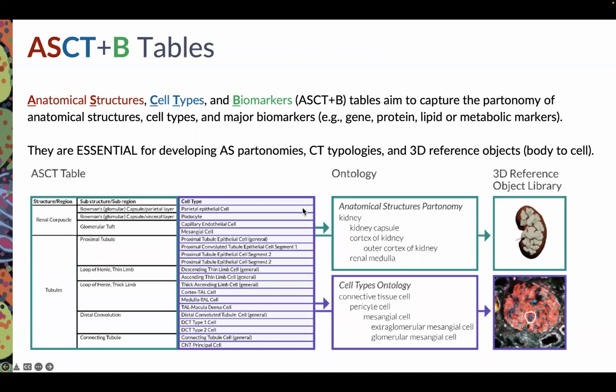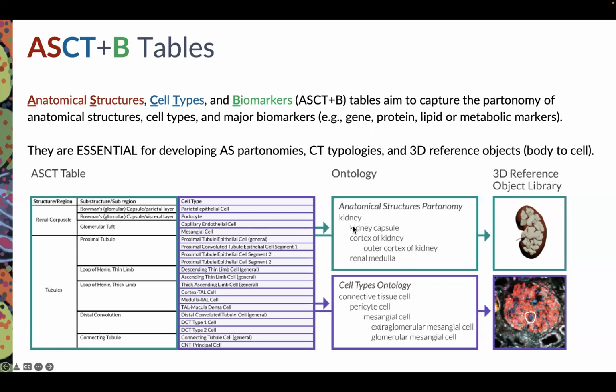And so, looking at these typical tables, this is on an organ by organ basis. There are quite a few of these, but they can get to be quite structured, right? So here, looking at the kidney is one of our typical examples. You might start off with a structural region, so here's an anatomic structure, the renal corpuscle. Then within it, you have, say, Bowman's parietal layer, and then Bowman's visceral layer, and a glomerular tuft. And then within these different subregions, we have a list of known and allowed cell types that have been discovered by snRNA-seq. And those then feed into an ontology that records this hierarchical relationship of the structures